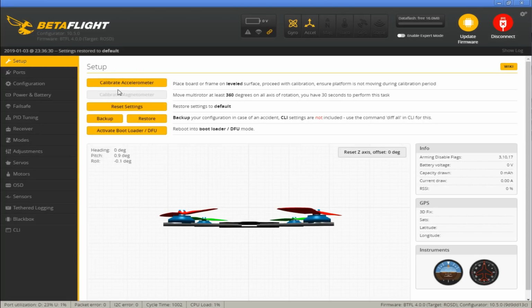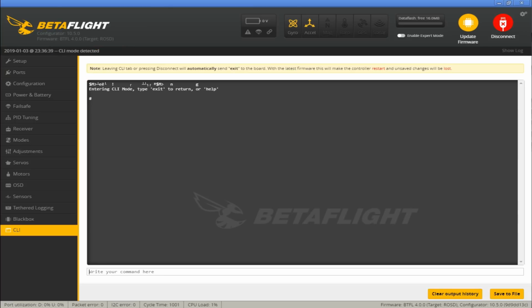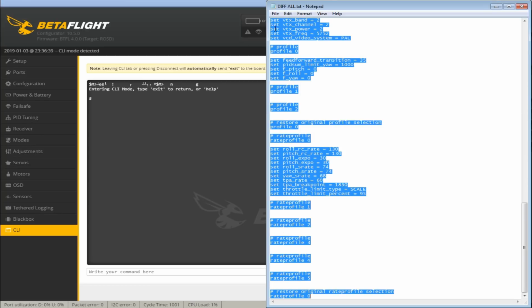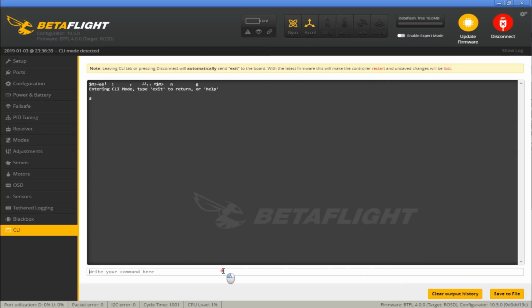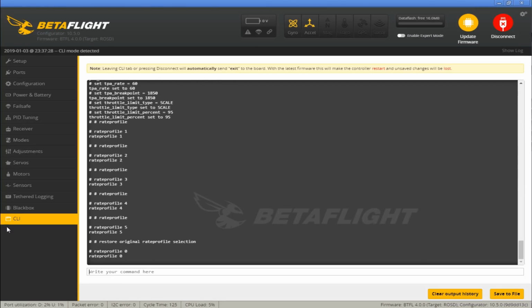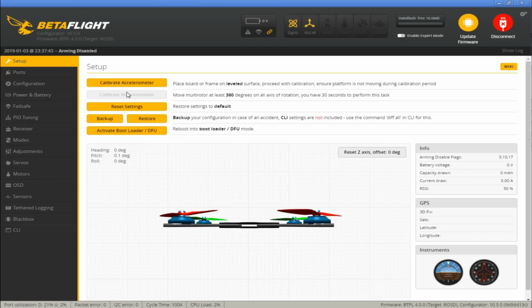Do that, put your quadcopter flat on the table, hit calibrate accelerometer, then we're going to go to the CLI, open up our text file, copy all the settings, paste those in, and hit enter. After it's set everything up, type save, come back in. You may want to hit calibrate accelerometer here again if you forgot to take it out, just to make sure